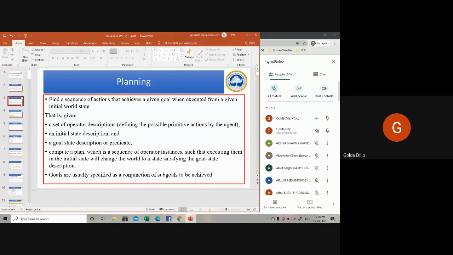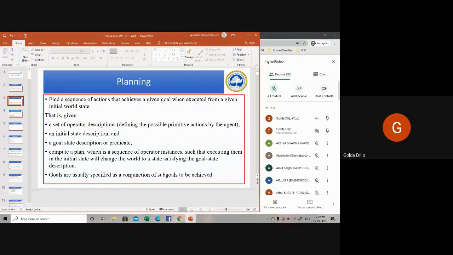Planning allows us to explore different possibilities, and that makes intelligent systems more flexible and increases their decision-making capabilities. Planning plays a major role in various practical applications like robotics, the blocks world problem I just mentioned, some military task, or a spacecraft mission.